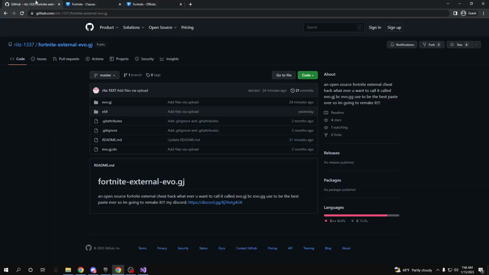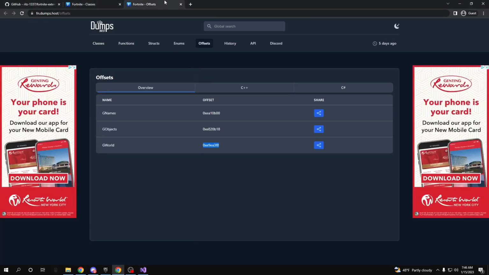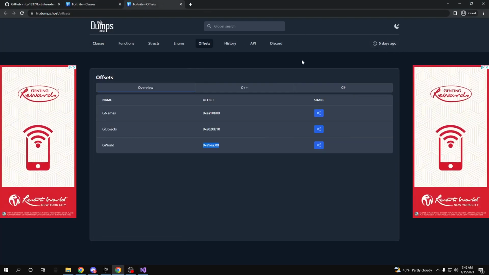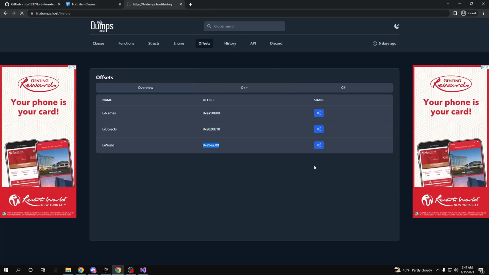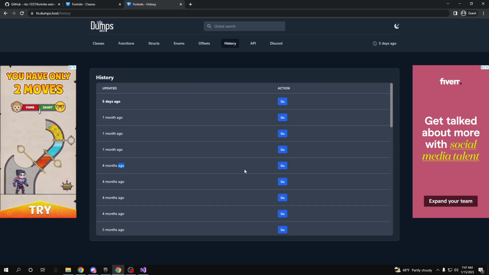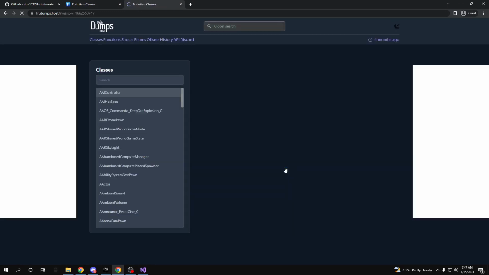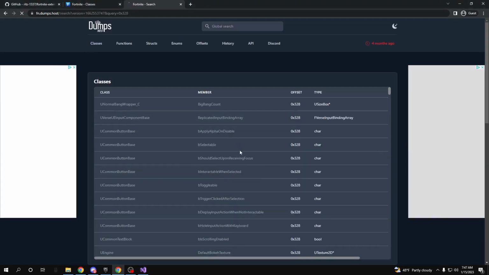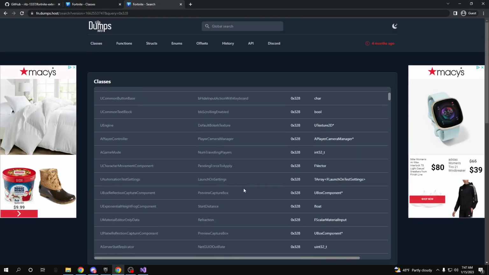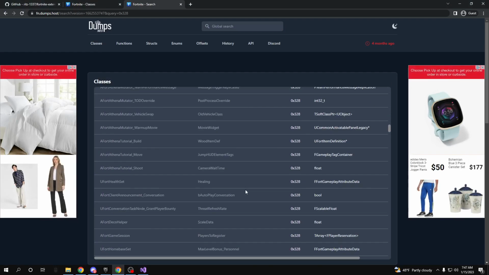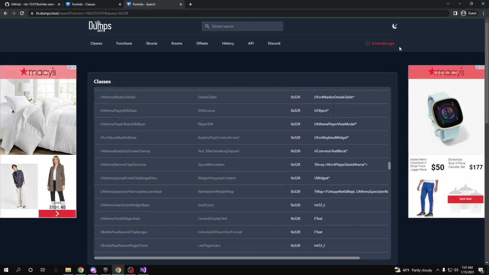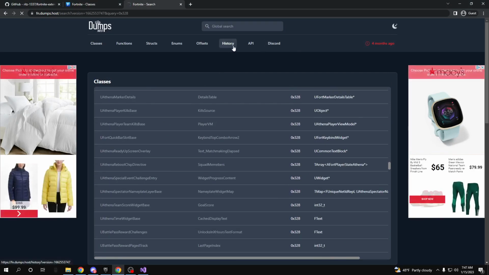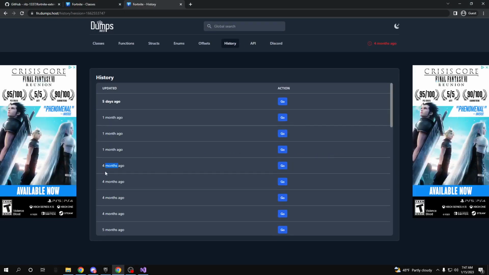Well, if you go to my GitHub, you can see that the source was made 2 months ago. So here we have the latest dump, and here we're gonna go to history, and since it was updated 2 months ago, we're gonna go to the 4-month ago update, since that's when it will last be. And then we're gonna paste the offset in here, and you're gonna see it's not popping up. Why? Because dumps.host took a little break and they stopped updating, so this isn't the actual update that we need. There was an update between this and this, but we're gonna go ahead and try the one that was a month ago,